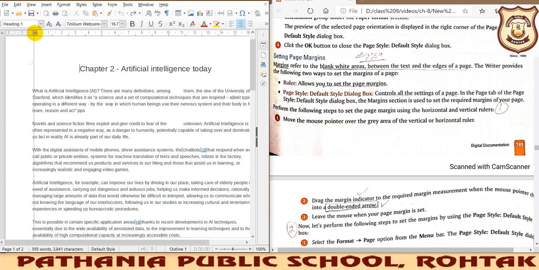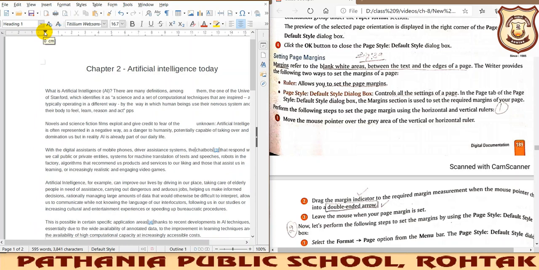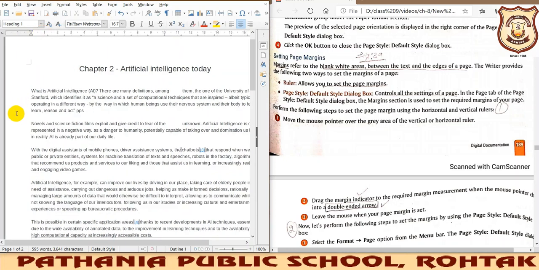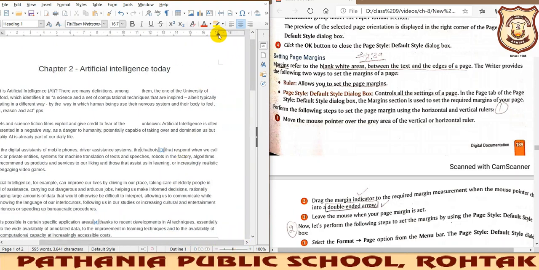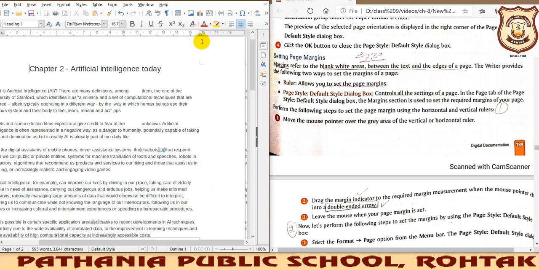I can drag it towards the right to adjust the left margin. If I want to shorten it again, I will take it back. This is another way to adjust your left margin, and from this side also the margin will get adjusted.